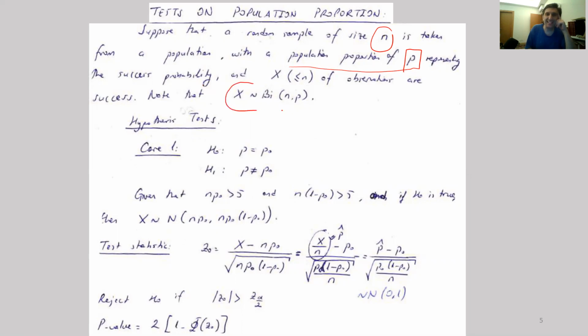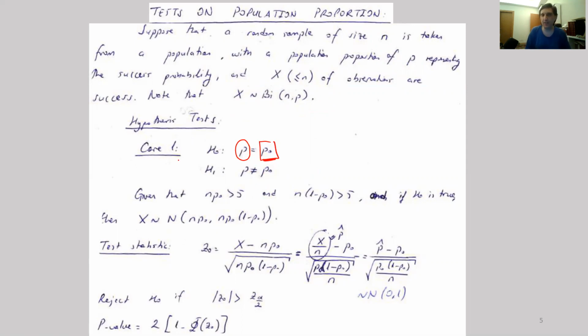In terms of the random variable, X will represent the number of successes in a sample of size n. We consider this sample, and the sample statistic will be a function of X, the number of successes out of sample size n. We are going to use this to conduct a hypothesis test on the population parameter p. The form of the hypothesis test will be: population parameter p is equal to some presumed value p0, or it's not equal to p0.